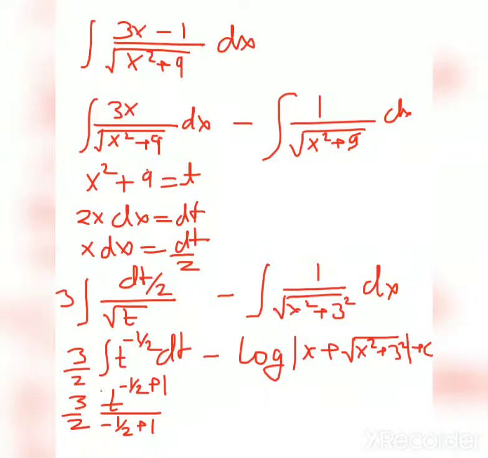Now on this side we need to put the value of t also. This much is left, I must write it. It's not possible otherwise, it will become a whole hodgepodge. Only the t value we need to put, and t is x square plus 9. That will be the answer of this question. Likewise, we could do many questions.